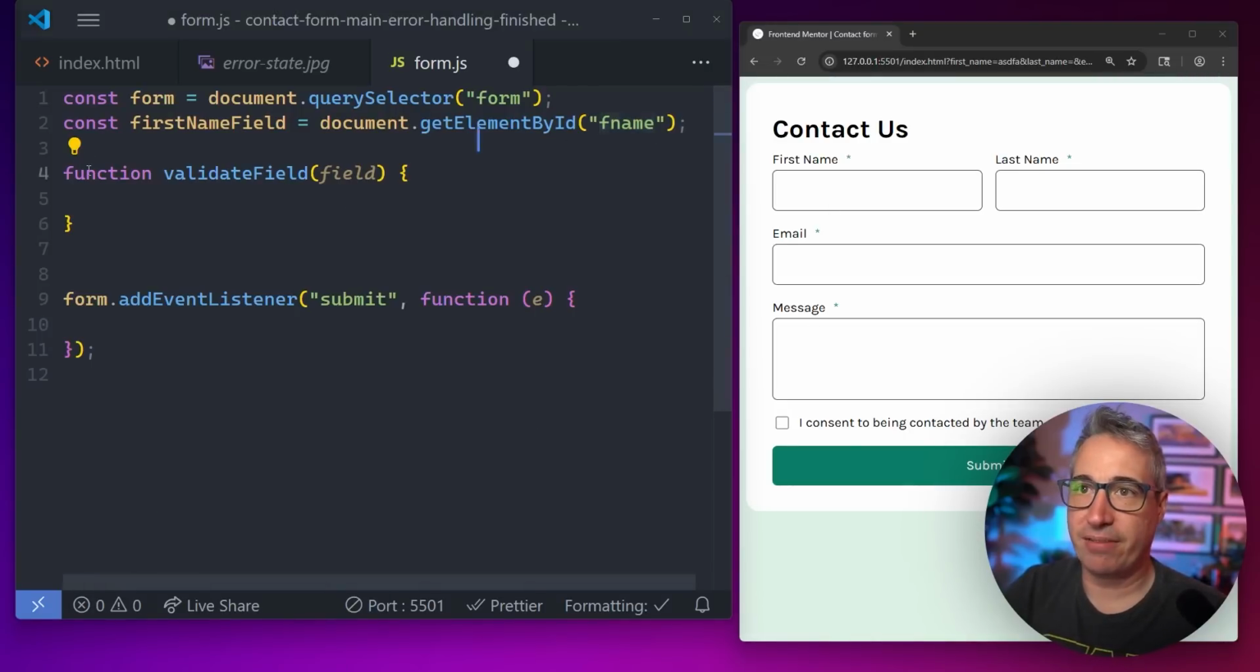So you can see here I have this function of validate field. We're going to put in the logic here of seeing if the field is valid or not. And then when we submit, we're going to go through the fields and check them. So to start with, we're going to pass the field into here, and the easiest thing, rather than checking if it's valid, is actually to check if it's not valid. So we can